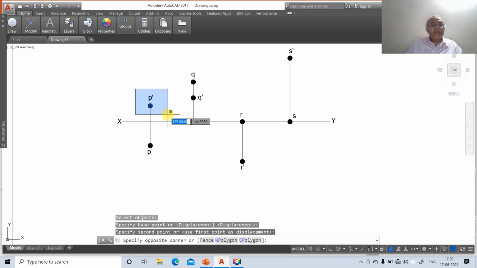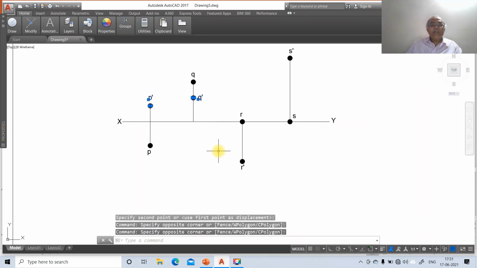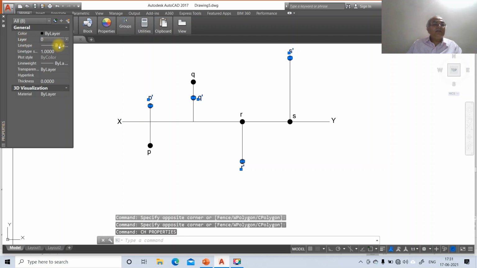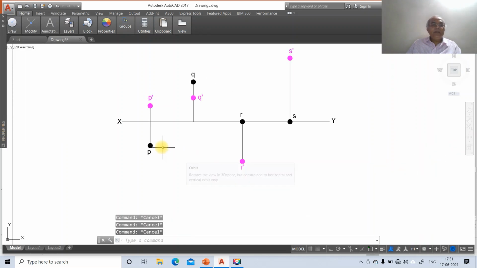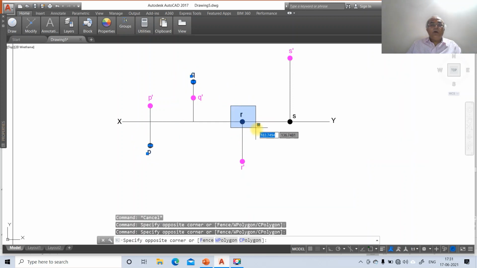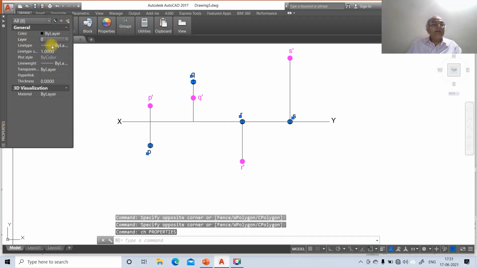So go to P dash, then you select Q dash, then you select R dash, then you select S dash, then go to CH. All these are considered to be front view, so you change it directly. Then again go to top view now, Q, R, and then yes, go to CH. So go to layer, make this layer as top view now.